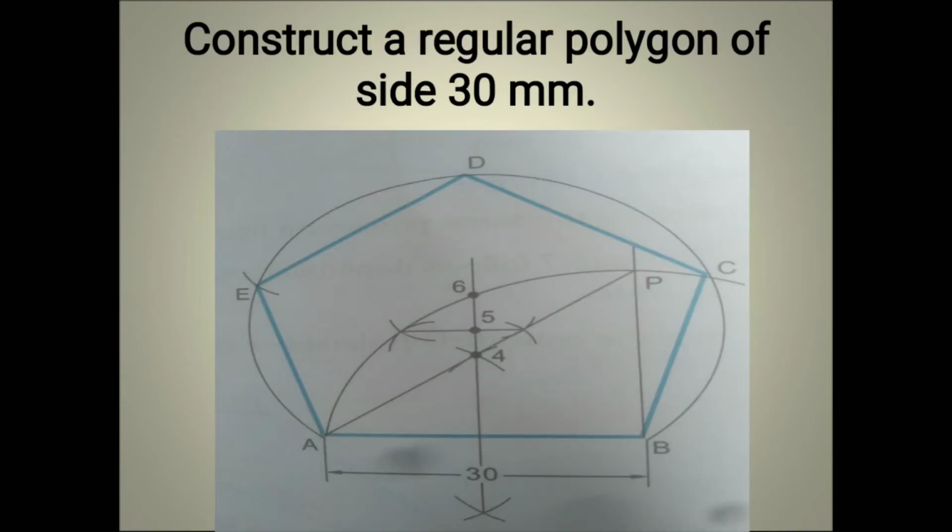For example, I am drawing a regular polygon as a pentagon. That means the number of sides equals 5. So, coming to my question: construct a regular pentagon of side 30 mm. For this, the procedure is